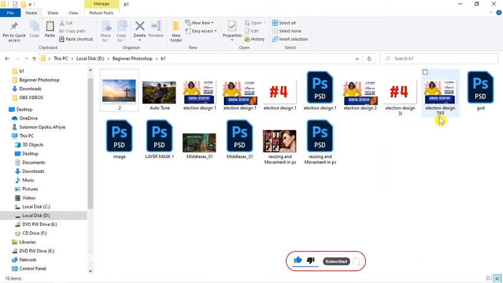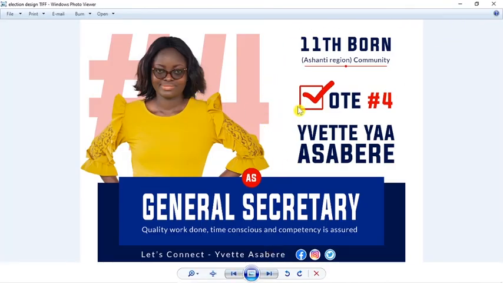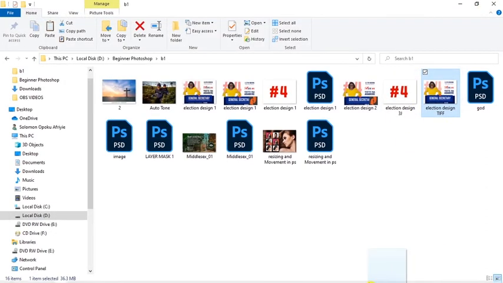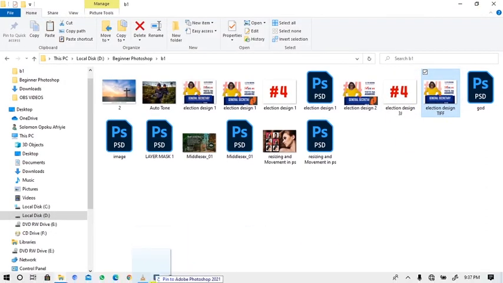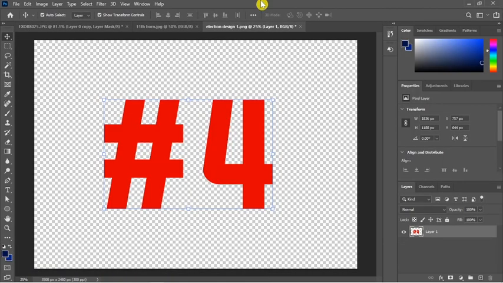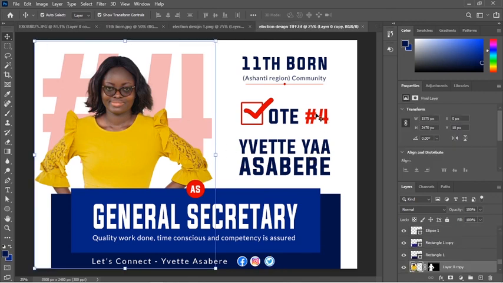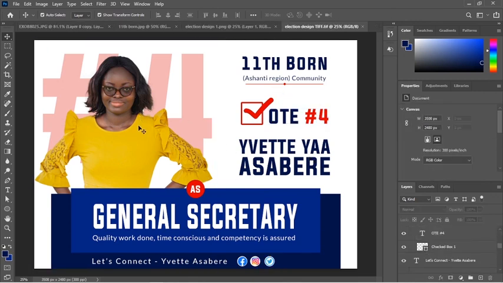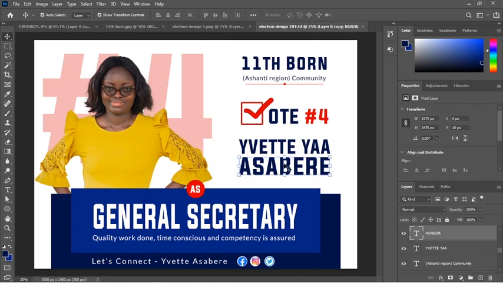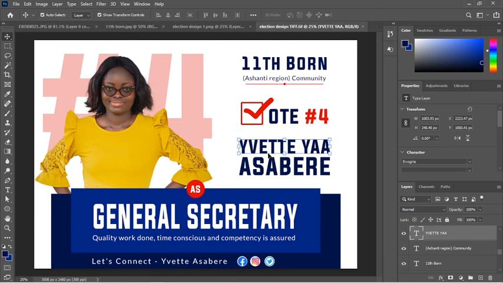So with TIFF, you can open it as an image, and also when you drag it into Photoshop, let's see what is going to happen. You see that Photoshop kept everything. You can edit it, and you can also open it as an image on your phone and stuff.